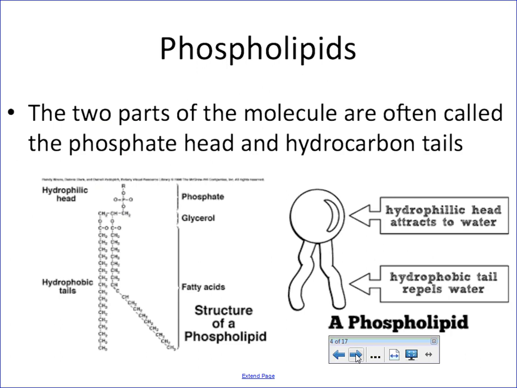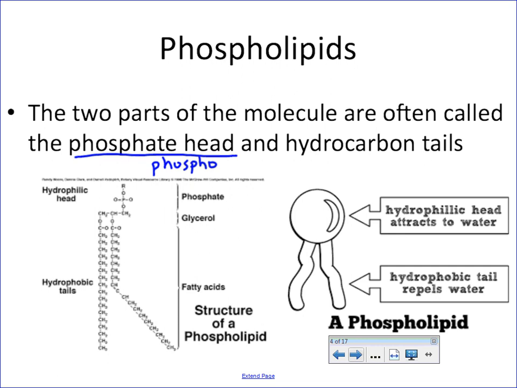So when looking at membrane structure, we'll look at the individual components that go into making that overall membrane structure, and we'll start with the basic component, which is the phospholipid. The phospholipid is what will ultimately be used to make up the cell membrane. The phospholipid has two parts to the molecule, which is often described as being the phosphate head. So it has a phosphate group at one end of the molecule, and this will represent the phospho part of